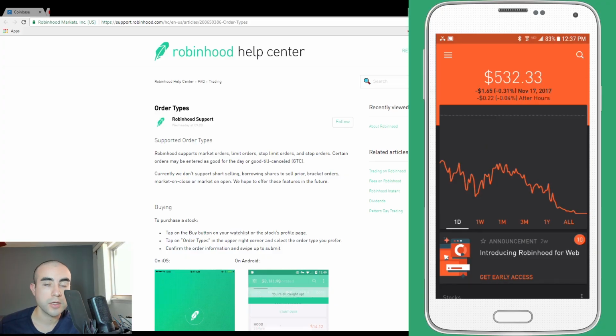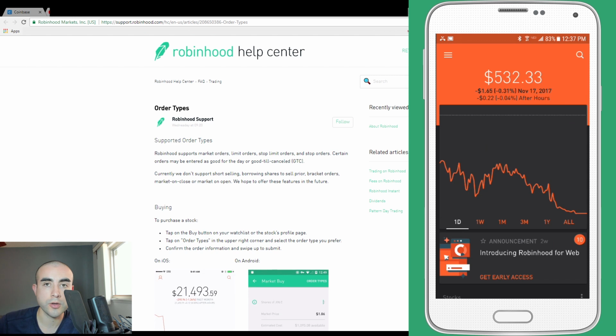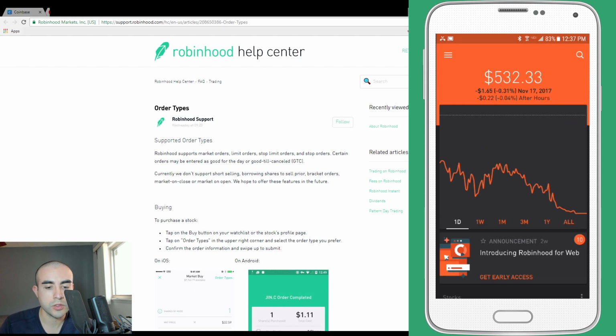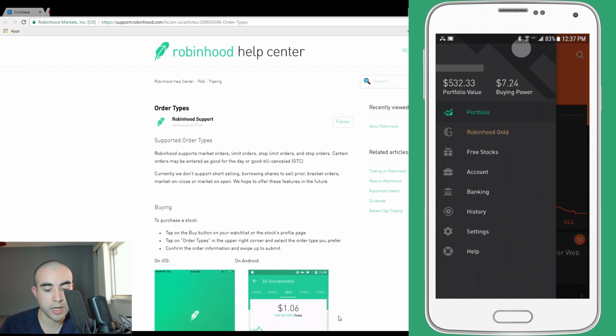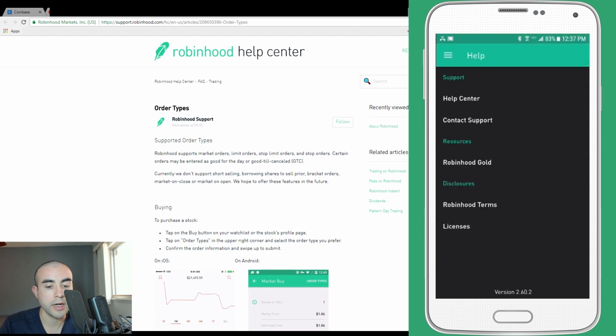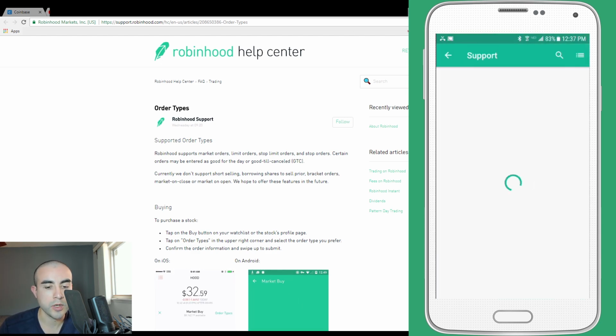Alright guys, so here we are now inside the Robinhood app, and I'm now going to show you the 4 different order types for selling on Robinhood. If you want to learn more about these 4 order types, first go to the menu, click on the left-hand menu, and the very bottom option where it says Help. If you click on Help, and then Help Center, the very top option, it'll open up their support